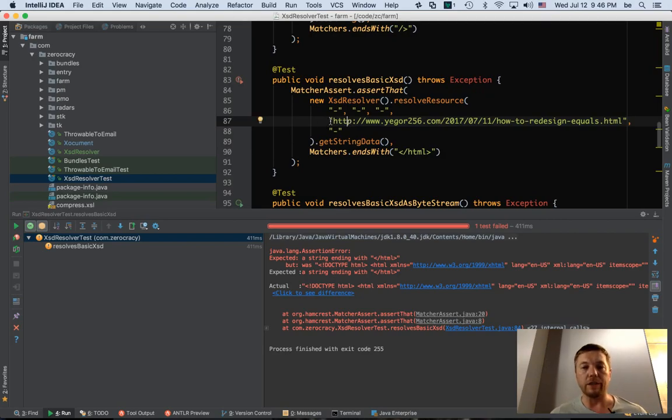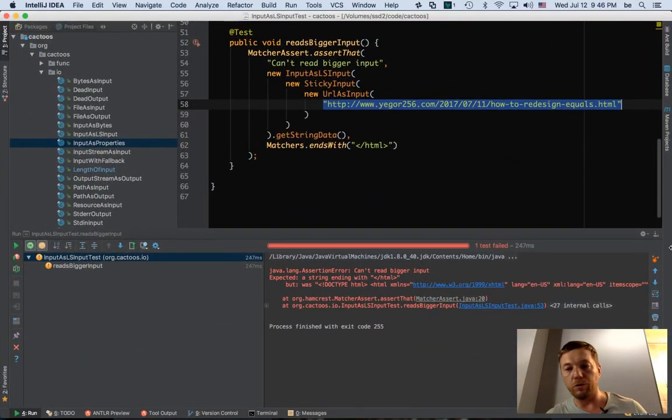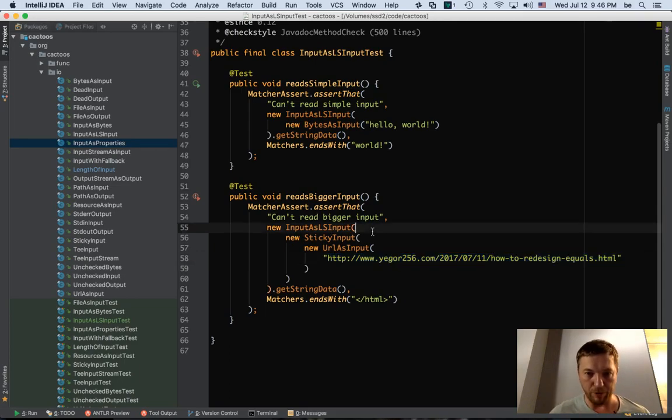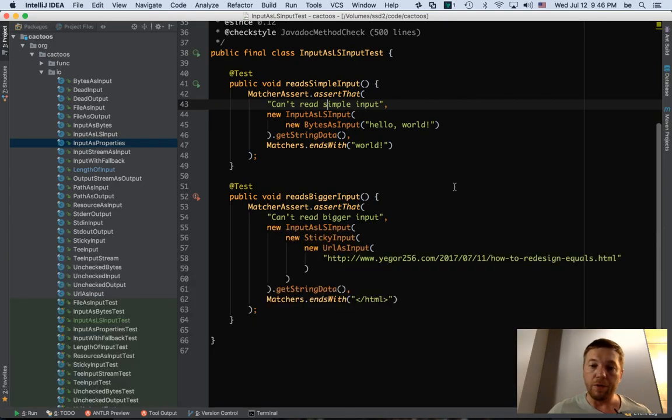So if the content is small, if these XSD files were quite small, everything was good. If the content is big enough, then this test crashes, and we can go down. I mean, we can go even to a smaller scope, and then we're able to reproduce the bug. So here everything is clean when the content is simple. When the content is big, then we clearly cannot calculate the.